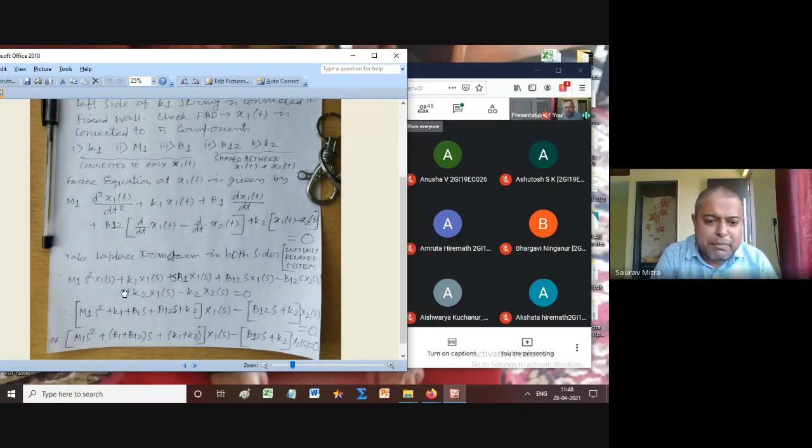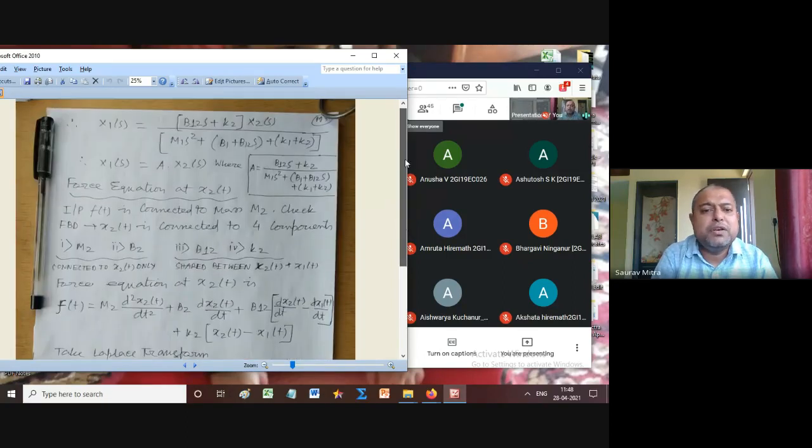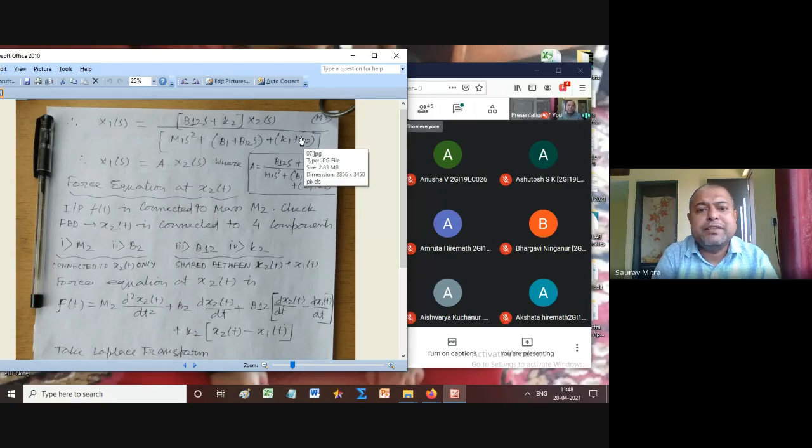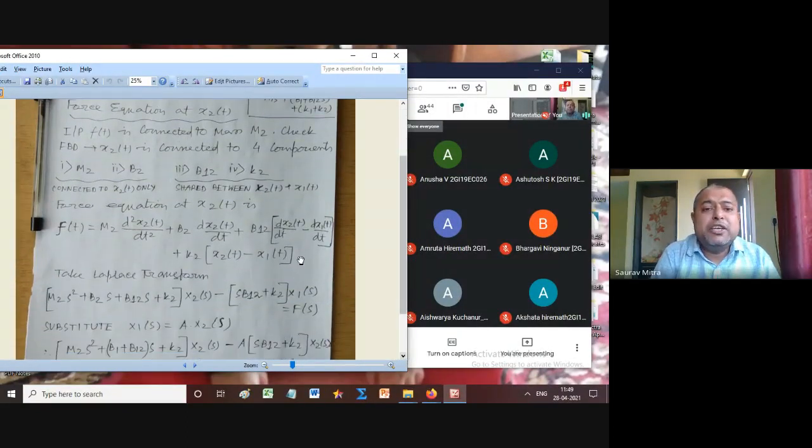Now you take all this Laplace, you separate out x1 and x2. And why is it equal to 0? Because we are not connecting any external supply force to this node x1. So now you are finding a relationship between X1(s) and X2(s), and now you can directly represent x1 in terms of x2. So X1(s) is equal to this whole big thing into X2(s). Same thing, x1 is equal to A into x2. Okay, so whatever is A, you write it separately. So the same thing we did last case, same thing we are doing here, only A has become a little bigger. Now write the equation for x2.